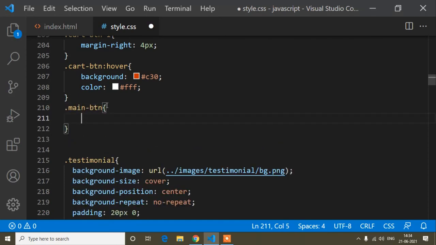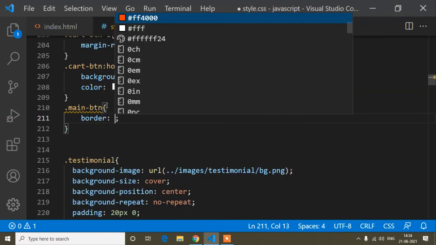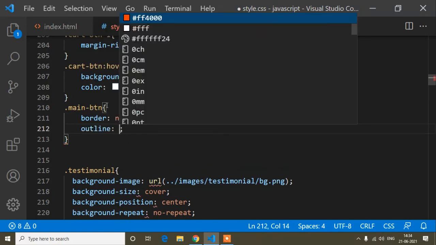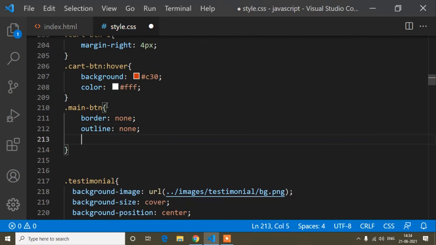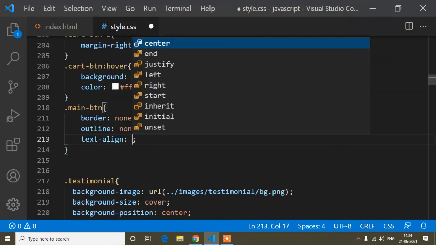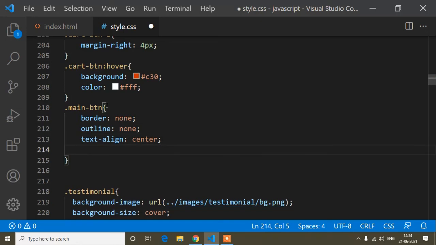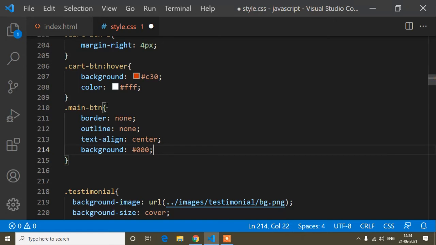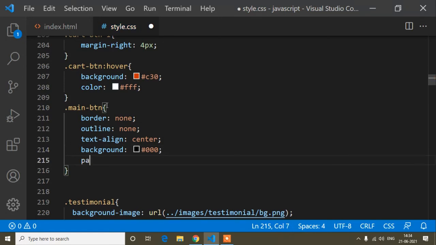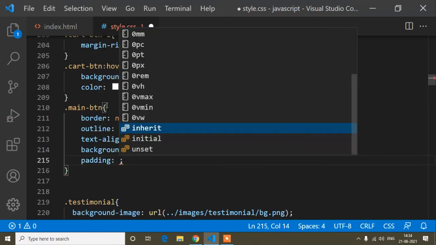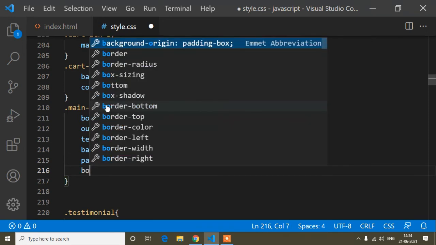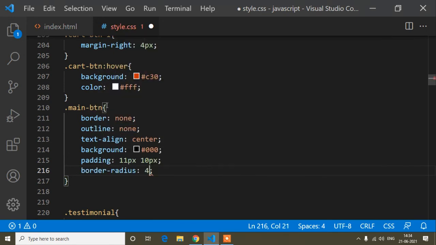First thing here will be border none, outline none, text align center, and the background color I will set to black. Now the padding is 11 pixel from top and bottom, and left and right is 10 pixel, and the border radius is 4 pixel.